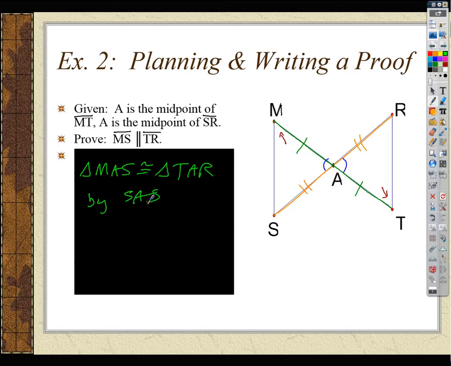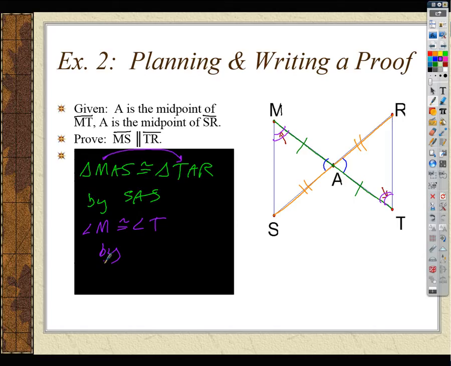Okay, so if that's true, and you already told me that the triangles are congruent by SAS, then how can I show that angle M is congruent to angle T? I already know that now the triangles are congruent. So M matches up with T, doesn't it? So how can I show that? Angle M is congruent to angle T by what? Justin, by what? Alternate interior